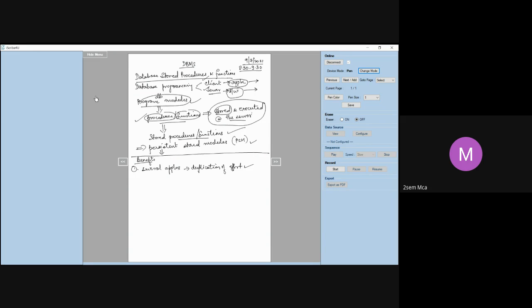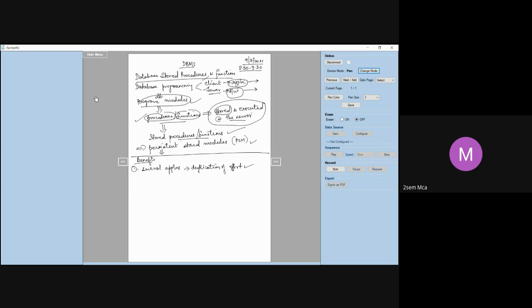Are you getting me? So when I write a program, let us say I'm writing a very important program which is required by many applications. For example, as I told you, it is calculation of budget. Or let us say I am trying to calculate the CGPA of students. The formula that is used for calculating CGPA is going to be the same throughout the university, whichever college it is, whichever department it is. Only thing that will change is the students' marks. So I give the students' marks, I give the grades, I give the credits, I am able to calculate the CGPA. Now, this calculation of CGPA is a general program, a generic program.